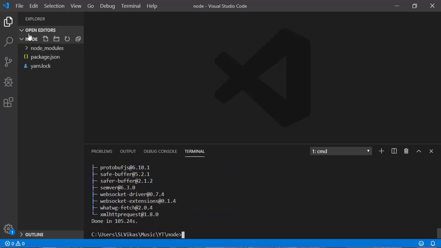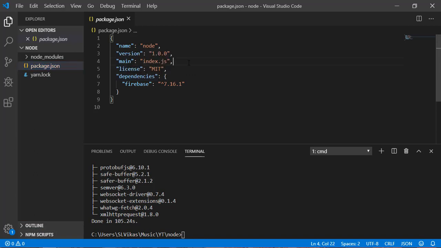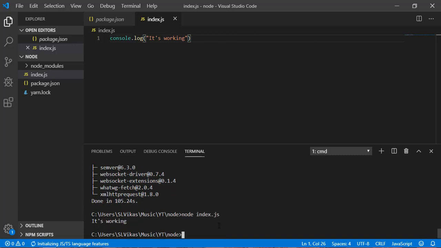As you can see here, it has been done right now. So now let's go to this file. As you can see, I have this index.js in main. So we need to create the index.js file here. So here we have to click and create index.js. Now let's write some console. So console.log, and we can write here it's working. We are just checking, that's it. Here I need to write node index.js. As you can see, I am getting this message.